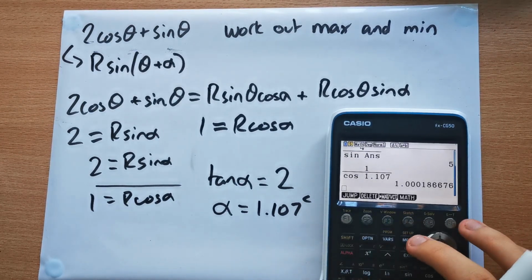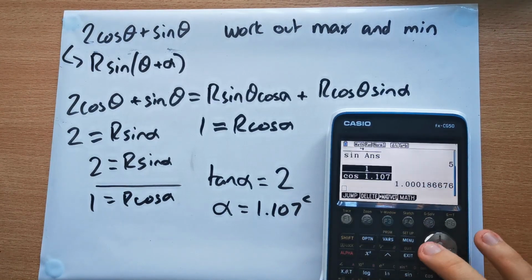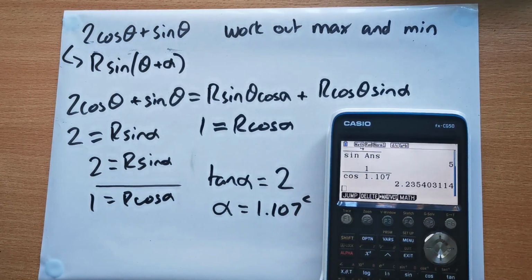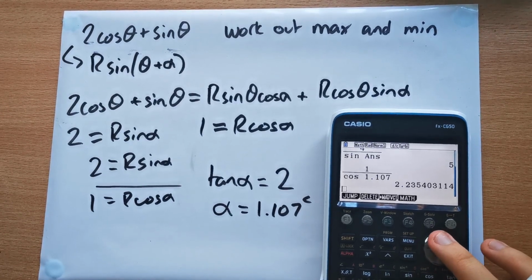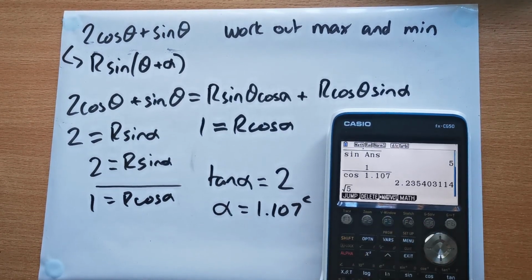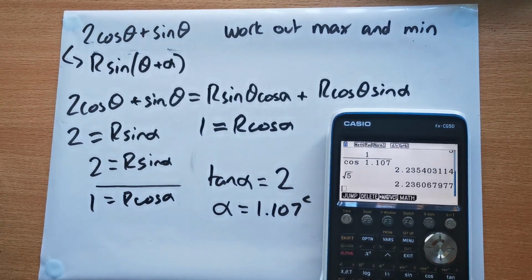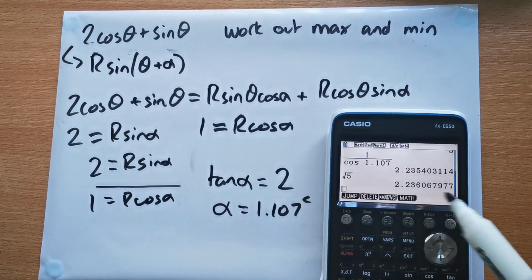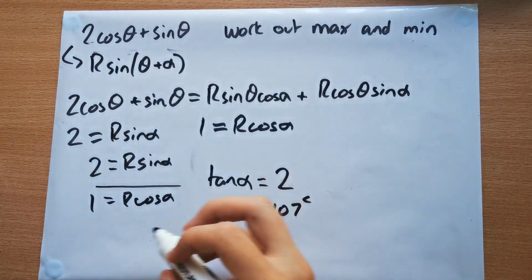I'm in degrees, that's the problem. I was slightly confused about that. I should be in radians if I'm working in radians. This gives us 2.235. Now if we had it exact, it would actually tell us that this is equal to root 5. Root 5 is 2.23, and just because we didn't have the entire alpha in, obviously there are more decimal places, it would tell us that it's equal to root 5. So we know that r is equal to root 5,